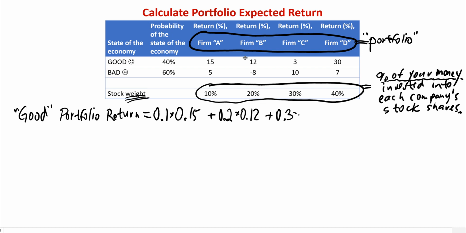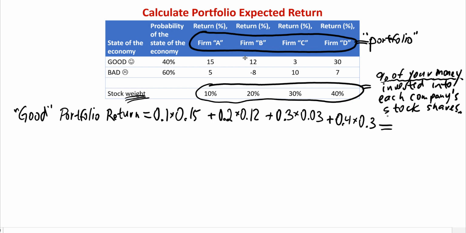So the weight of 0.3 multiplied by the return on stock C of 3% or 0.03 in decimals. And then we have firm D stock, the last one in our portfolio. 40% of our money will grow by 30%. 0.4 times 0.3. And